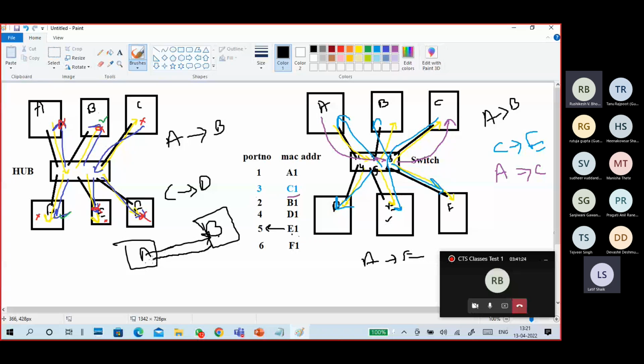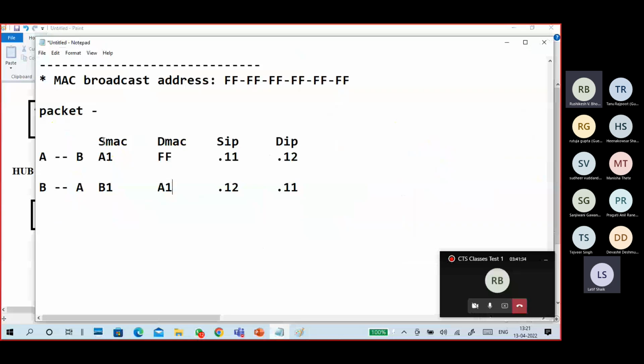By replying, B has already received a packet from A. The packet contains source MAC address, destination MAC address, source IP, destination IP. Based on that, it understands the IP address and MAC address. So when it is replying, it can use the MAC address to send it. This may be a little confusing, but it is very simple, guys.